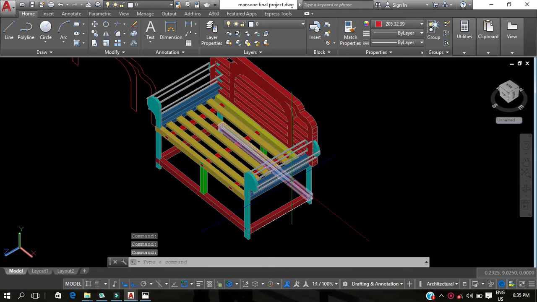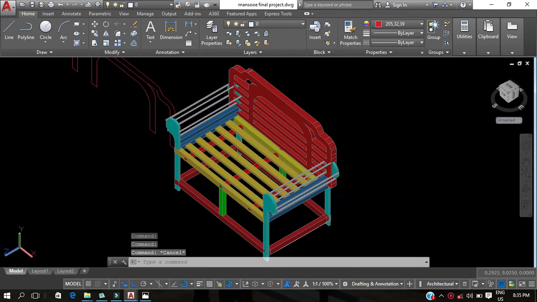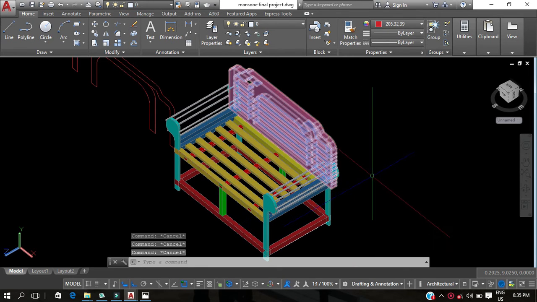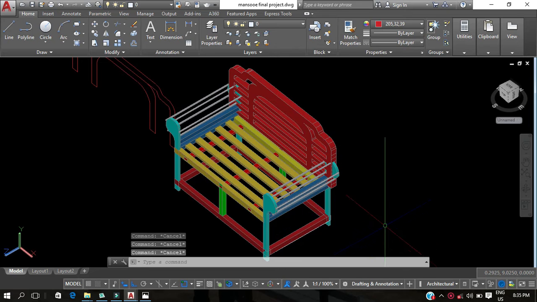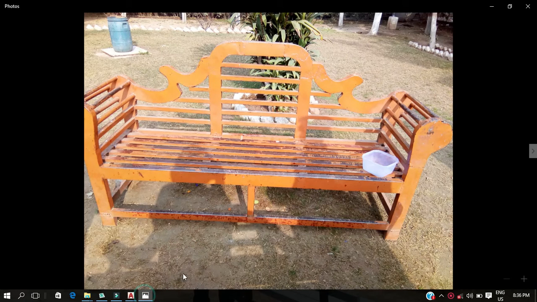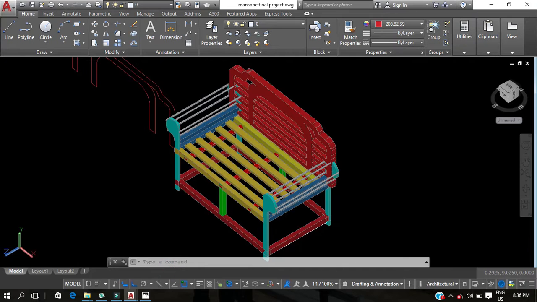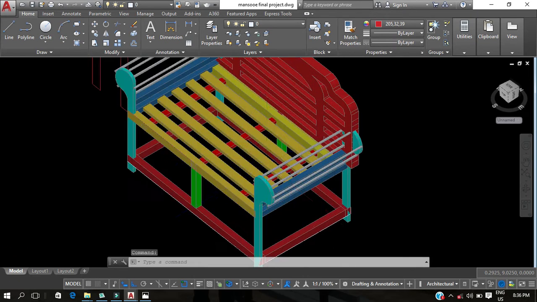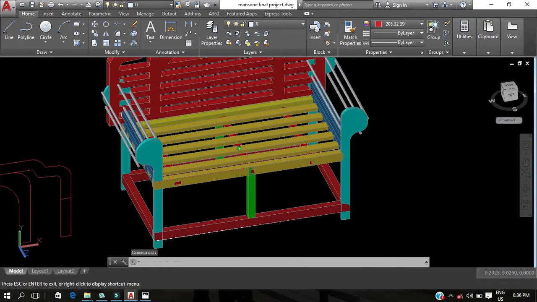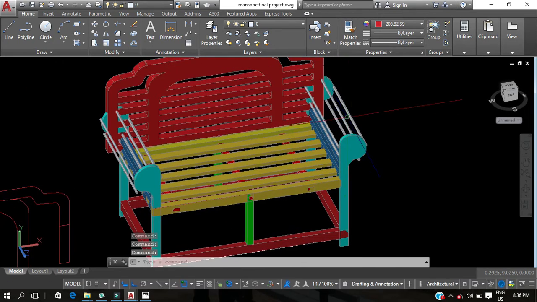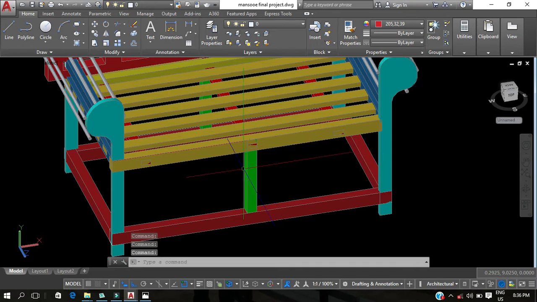First of all, let's see the real picture of the launcher which is present in our hostel lawn. This is the real picture of this launcher which is present in our hostel lawn. As you see, its design is in the front. Now see it again in AutoCAD. Friends, you see this is the design in its hand. The design in its hand hits, and